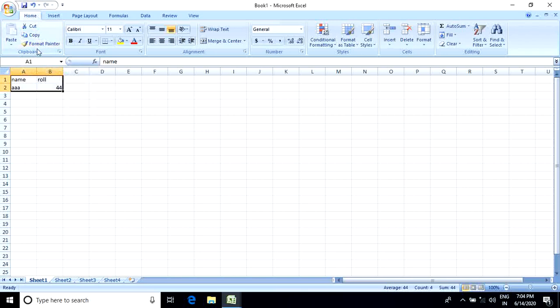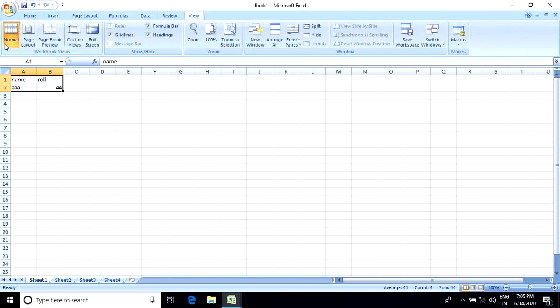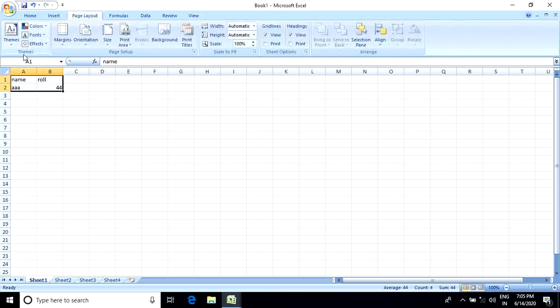Under the view tab we can find workbook views, show and hide, zoom, window and macros. In page layout we find themes, page setup, scale to fit, sheet options and arrange.